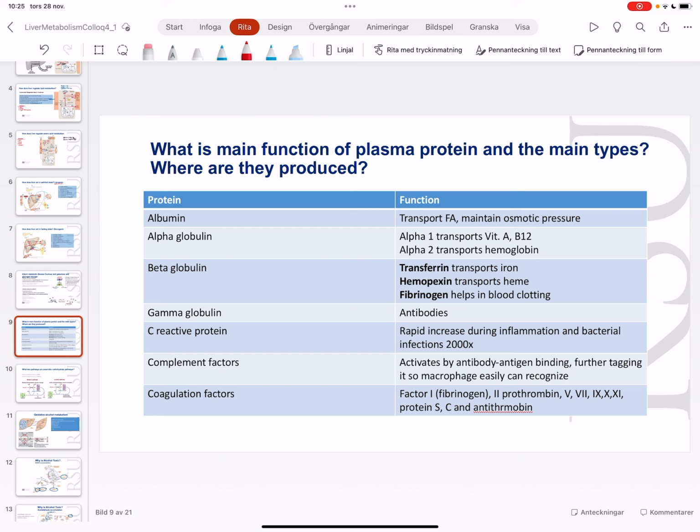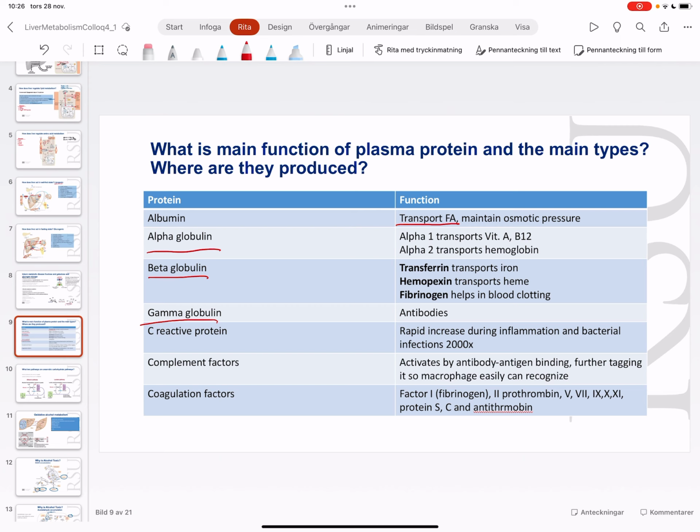What is the main function of plasma protein and the main types, and where are they produced? So plasma proteins, as I said in the beginning, are produced by the liver. And there are different types of plasma proteins, and they have different functions. So the most common one is albumin, and albumin does two things. It transports fatty acids and also nutrients, and it maintains the osmotic pressure in the blood vessels. Then we have alpha globulin, we have beta globulin, and we have gamma globulin. And they also have